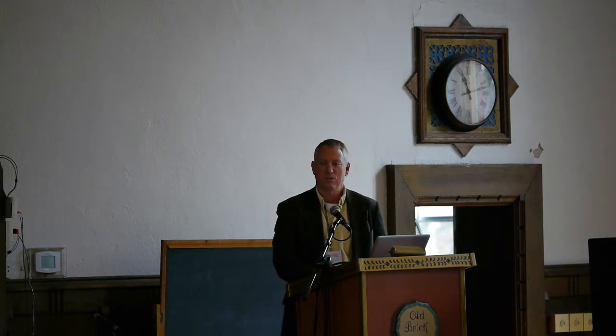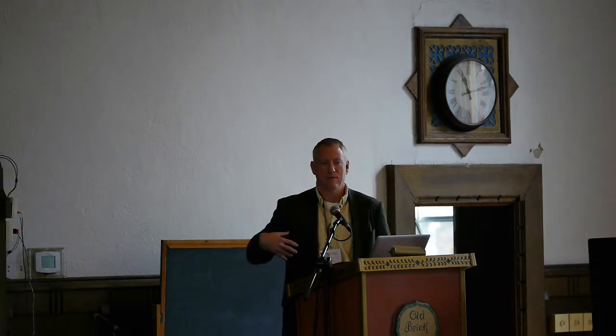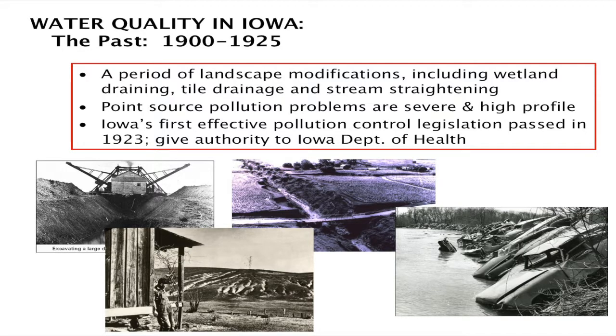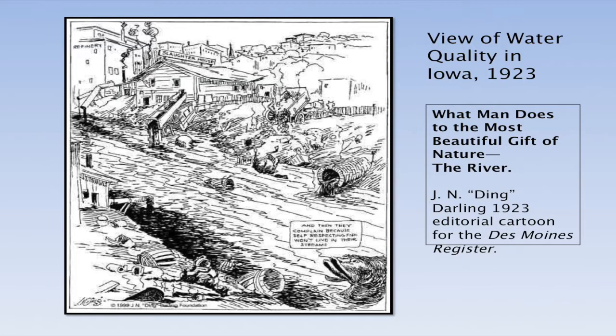Okay, moving from this early period, I would argue that we have this period of very rapidly changing water quality. This period of the widespread landscape modifications. Extensive tile drainage, channelization, stream straightening, point source pollution problems are very severe, okay? A cartoon from Ding Darling in 1923